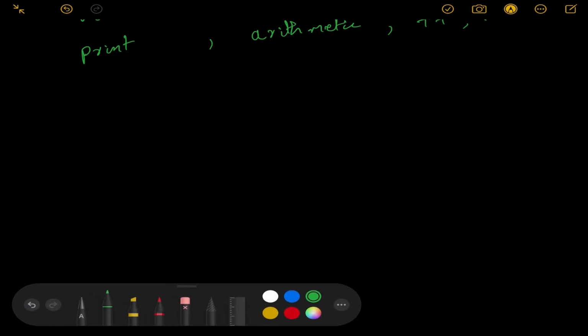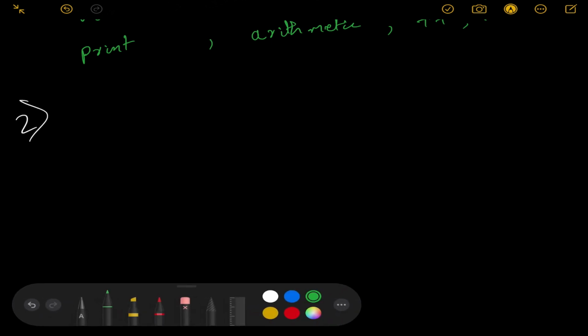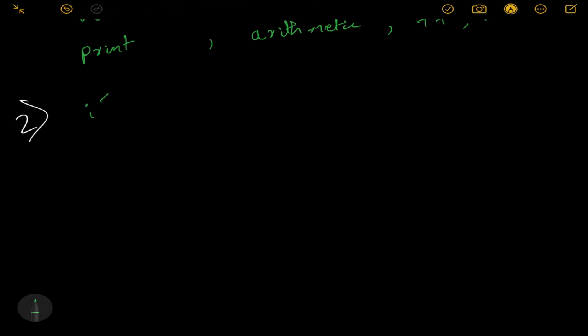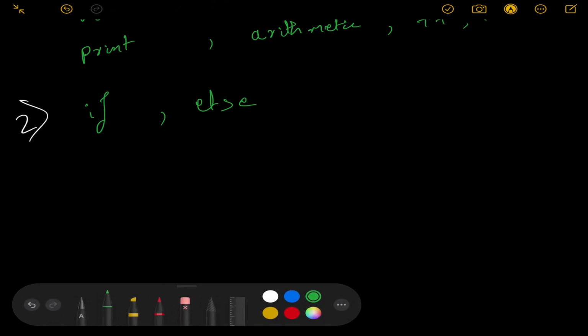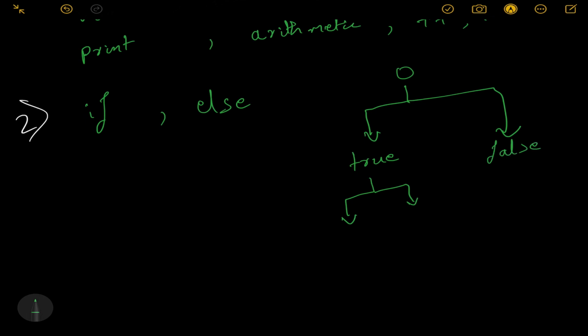Next, your second concept will be what a conditional statement does. What that means is if else, and what an if else will do for your case. For example, this is a simple flow diagram. It starts from a certain point and then there is a flow. When your if or any condition is true, it will follow this branch, and when it's false, it will follow this branch.